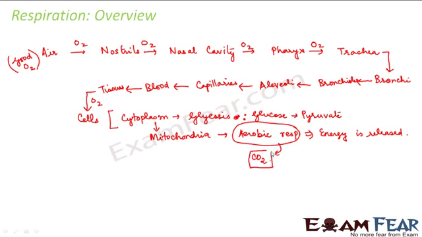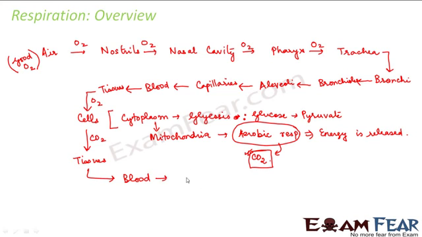But we do not want this carbon dioxide. So this carbon dioxide is a waste product for the body. So what will the cell do? These cells will throw this carbon dioxide out and send it back to the tissues. So what will the tissues do? The tissues also do not want this carbon dioxide. So the tissues will send it back to the blood. Blood means the blood vessels.